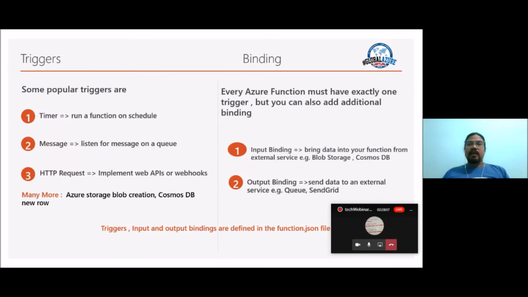So we will talk a little bit more about trigger and binding, which is really a big thing. I will keep it quite short and sweet, so we can go ahead to the demo and discuss things there. So there are some popular things about triggers. So what exactly is a trigger? A trigger is an event driven programming model. As you can see in the slide, some popular triggers are timer,